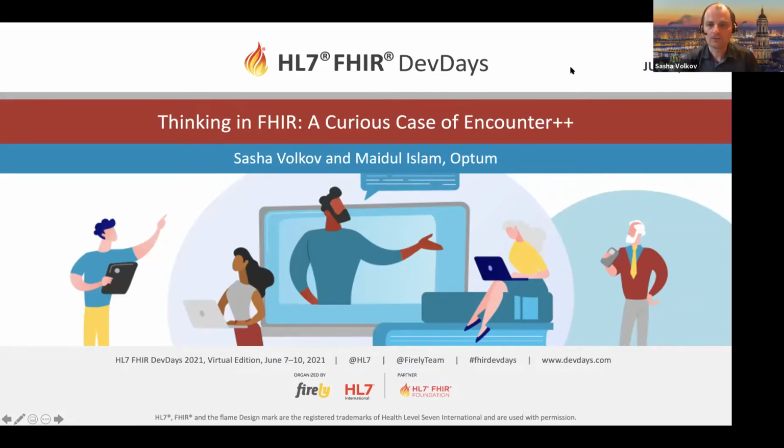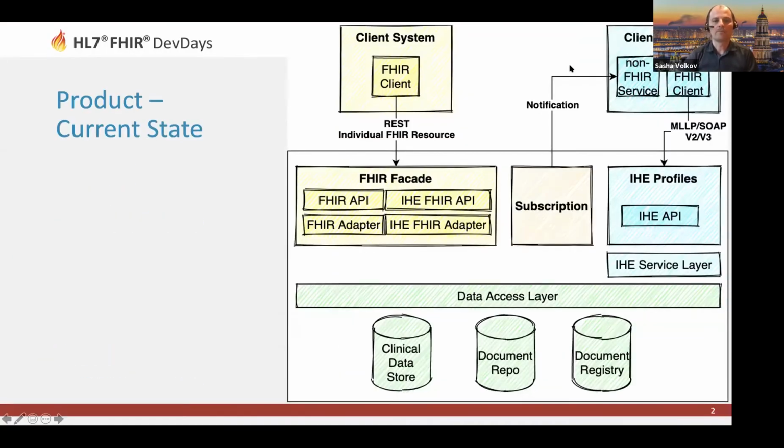Just to set a background context, think about yourself as on June 14, you're back at work on Monday after the Dev Days conference. In the case of Sasha and Maidul, they both are architects on an existing product that currently supports clinical data acquisition from various sources in various formats. So it can be V2 messages, V3 documents, or some CSV limited clinical data. It can take it through MLLP or IHE profiles. So the data is stored in a database as discrete records.